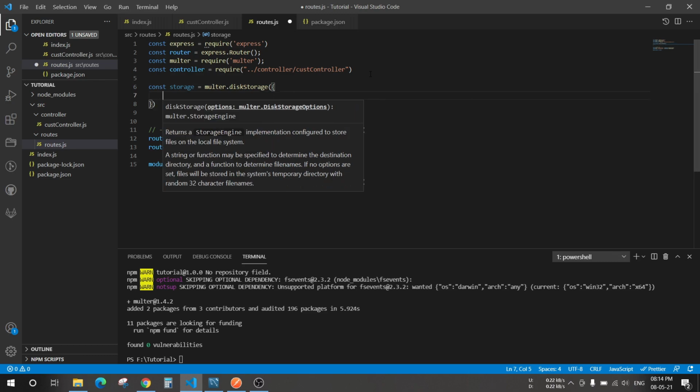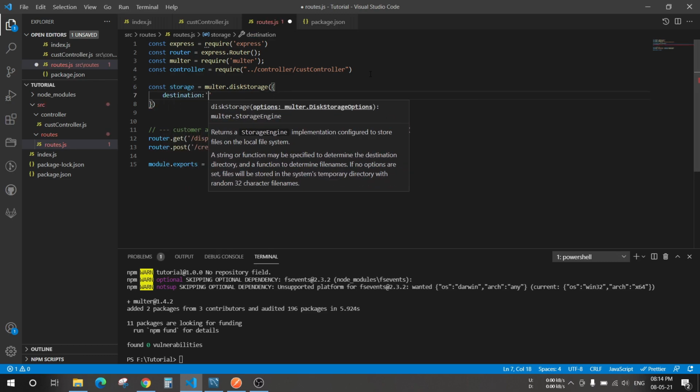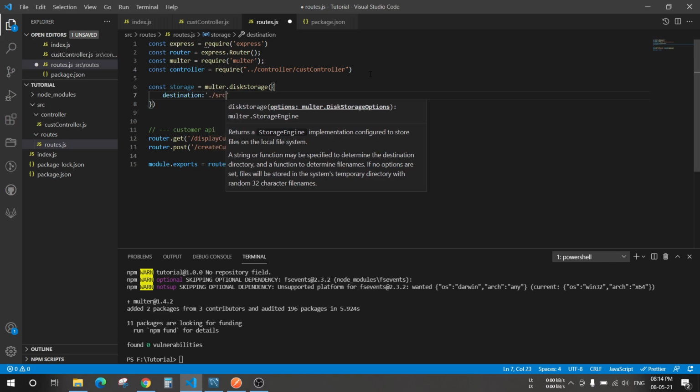Inside that we'll first give the destination, so it will create one folder in which the images will be stored. So whatever directory you want, I'll give here src folder and then I'll create an image folder.